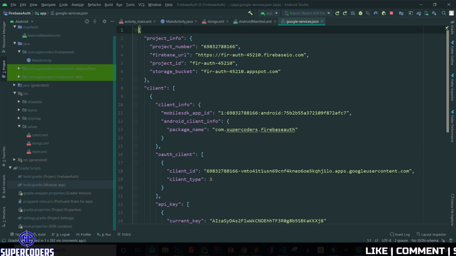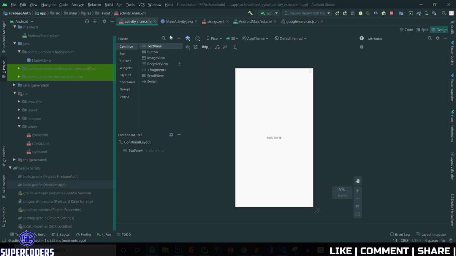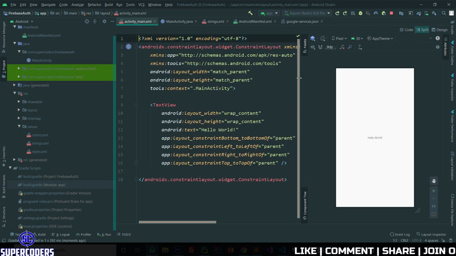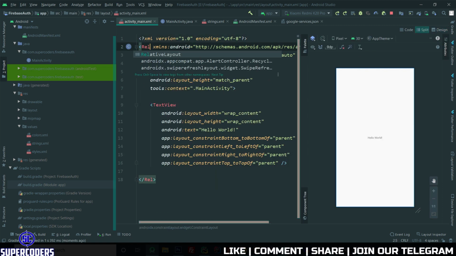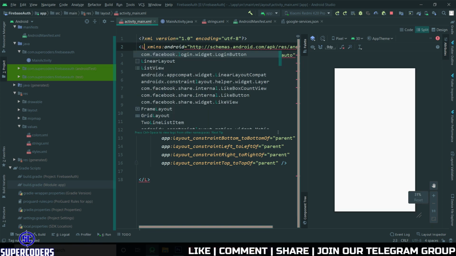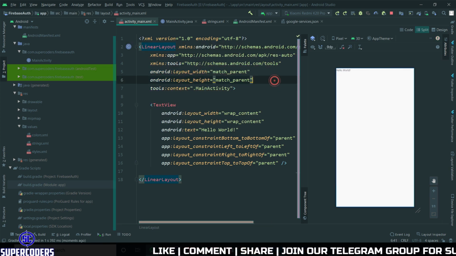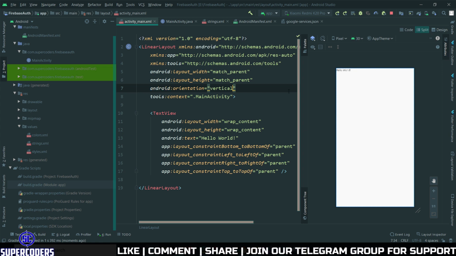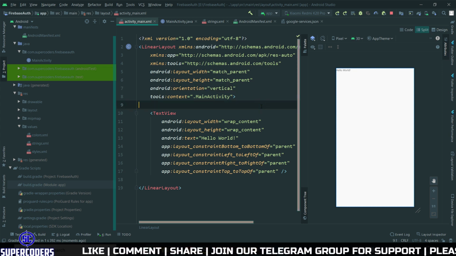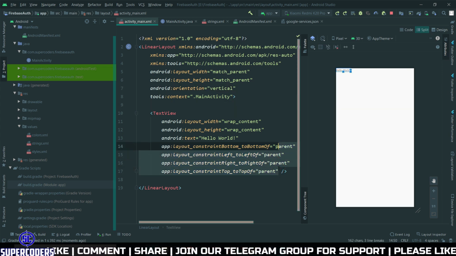Now let's work on our XML file. So click on split and remove this layout. Change this to relative or linear layout. Orientation, vertical. Remove this.